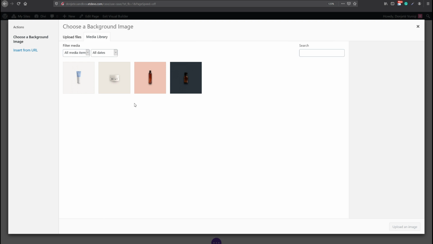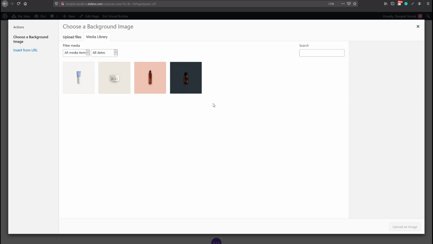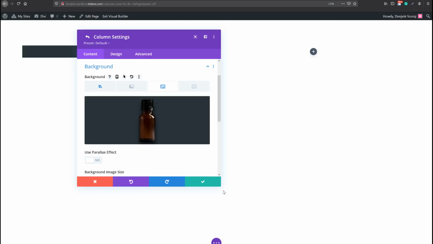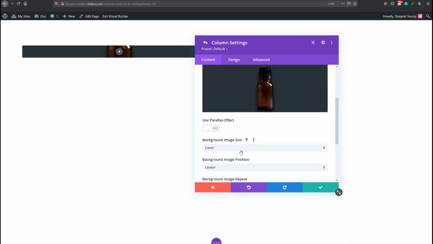So there's a blog post that explains everything I'm doing within this tutorial step by step. It's mentioned in the description below, and over there you have a download folder with the JSON file, so with the actual design that we're recreating over here, and also the images are included, so these ones, which you are free to use without any restrictions. So I've already uploaded these to my library, and I'm going to select one of them over here as my column 1 background image, and I'm going to pick fit over here for the background image size,